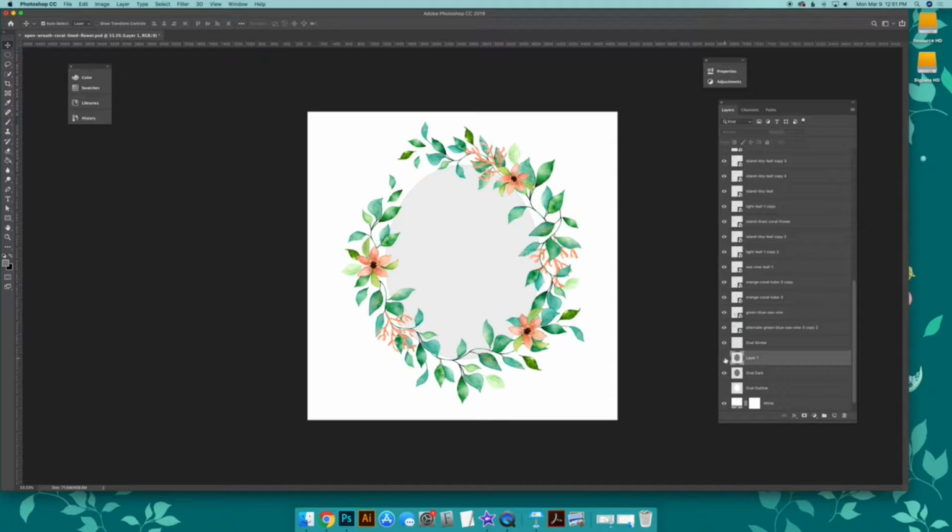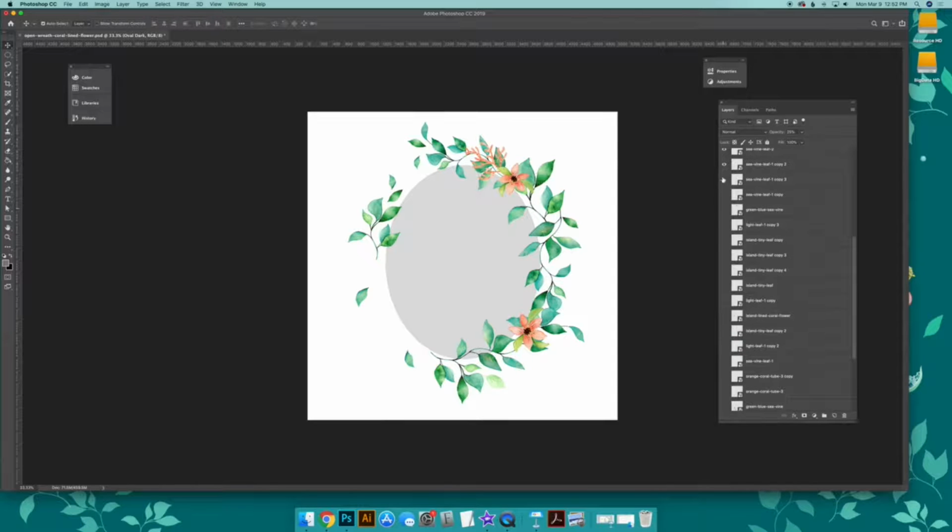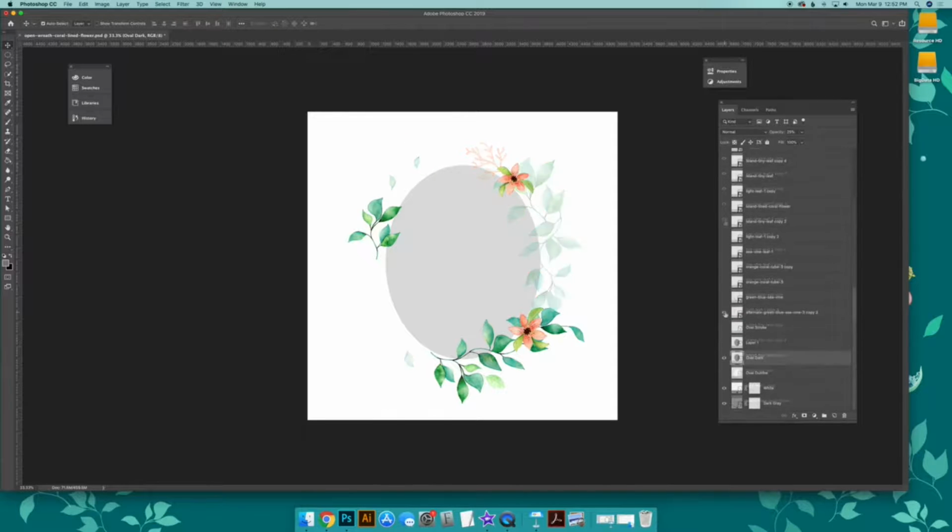I'm going to go ahead and turn this one off because I already have one here that I made kind of faded, but I'll bring it up just a little bit more so you can see it more. I'm going to turn off these layers so you can see how I started building this. It's this one here. I'm going to select it, and I have auto select layer on so that it automatically selects this for me. So I'm just going to drag it around,